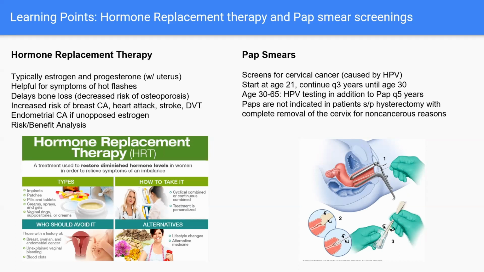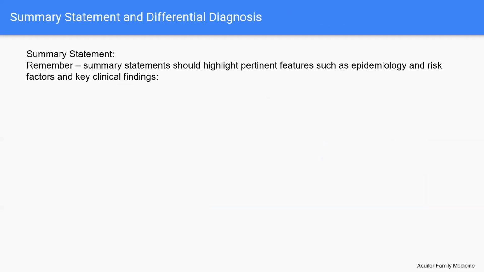But really, you should continue getting pap smears up until age 65, unless for some reason they've had a hysterectomy that's removed every single part of the female anatomy, like the genital area. So like the uterus, the vagina, and the cervix. If they've had those removed for non-cancerous reasons, like for example, they wanted a hysterectomy because they were having really bad menstrual periods, things like that, then that's okay to forego the pap smears. Okay. So that was just a little bit of a learning point.